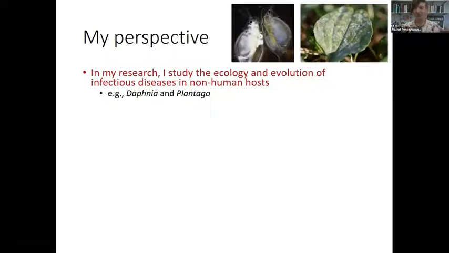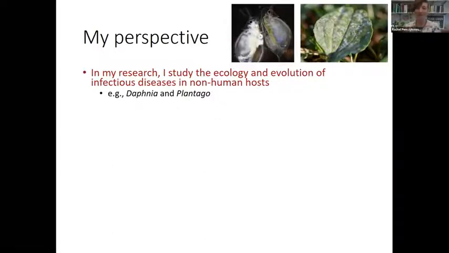And I want to start by giving you just a little bit about the perspective that I bring to this topic. In my own research, I study the ecology and evolution of infectious diseases in non-human hosts. Two of the systems that I've worked in the most are Daphnia, small aquatic zooplankton, aquatic crustaceans, and their fungal parasites. You can see in this picture, the Daphnia on the left is full of a fungus that's just growing throughout her entire body cavity, and it will kill her. The one on the right is uninfected, and they're transparent. They're abundant in nature. You can manipulate them quite easily in the lab, so they're really great model organisms, but